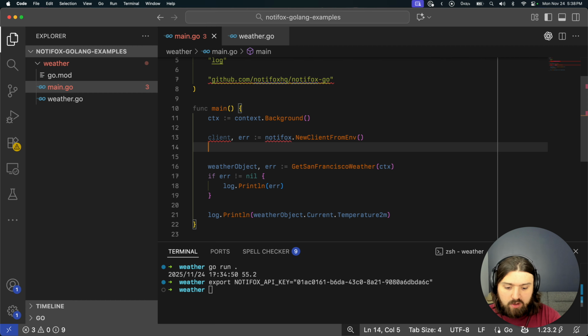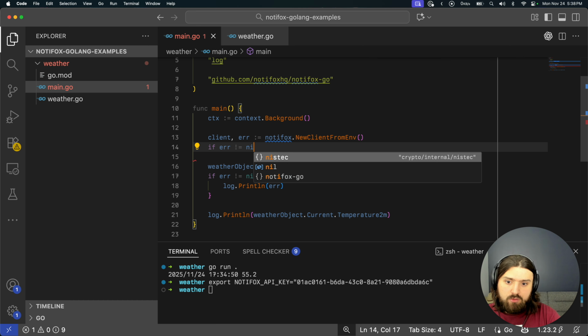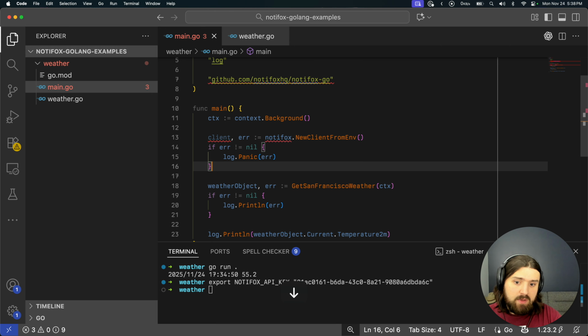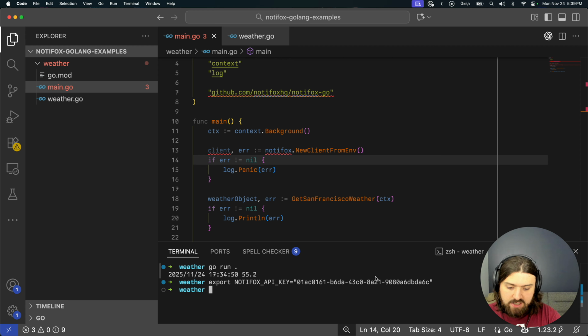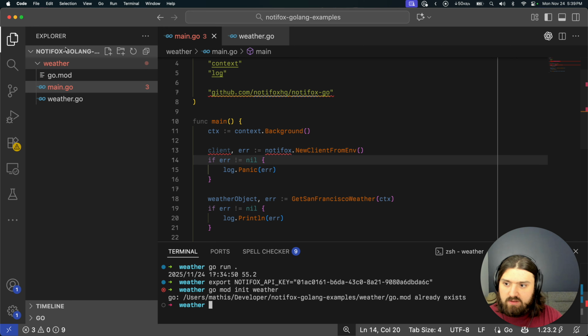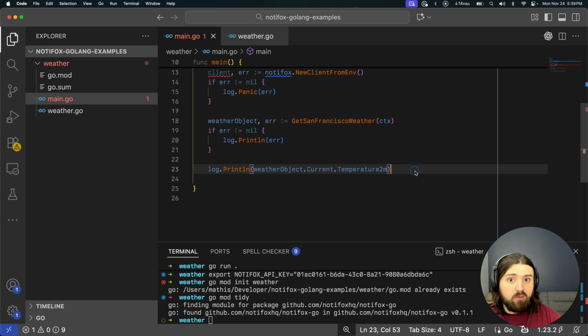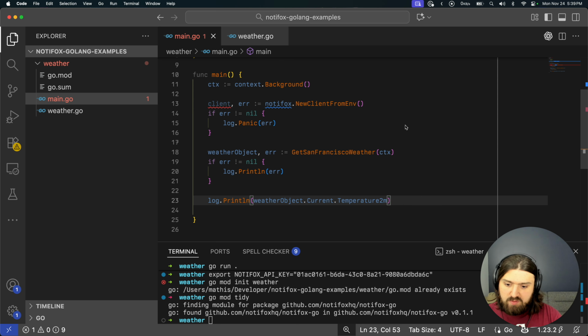Next up, we are going to catch the error. If err is not equal to nil, then we're going to panic. And then before we continue, we're actually going to do go mod init weather. I've already done this, so it is not doing it. And then we can do go mod tidy to download all the packages. In this case, it will also download Notifox. This is important because then your linter will be able to give you hints, and coding will be much easier. Once we've done that, and it's found Notifox version 0.1.1,